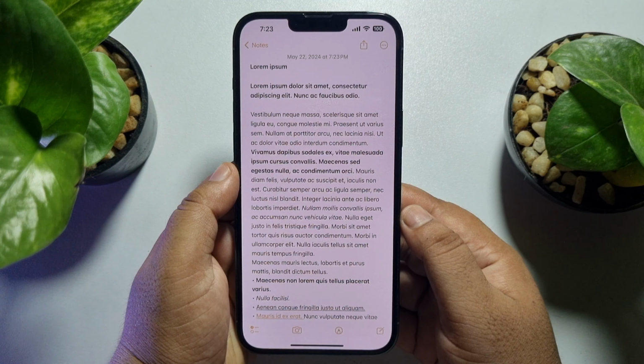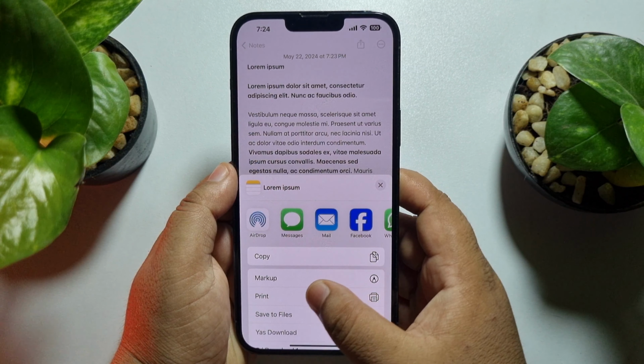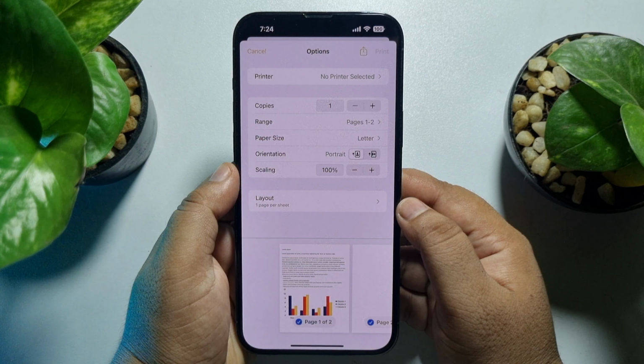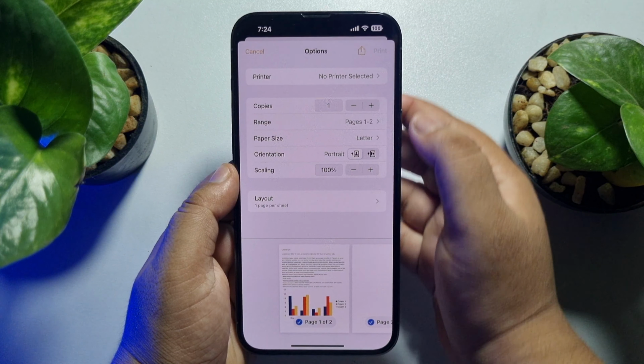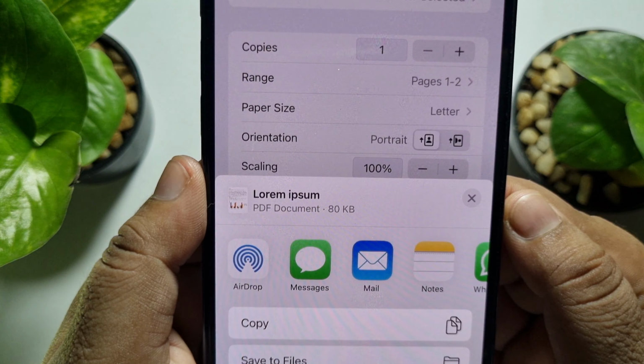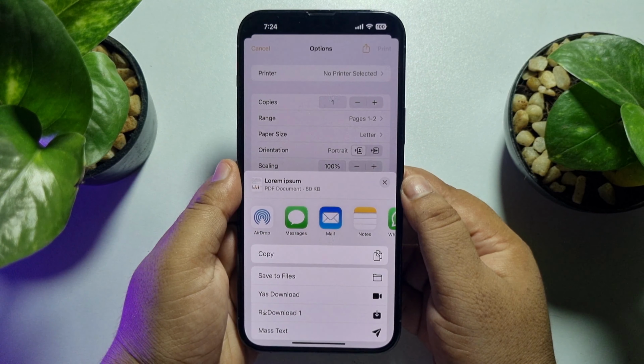Now just tap on the share icon at the top right corner and here tap on print. And now tap on share at the top right, and as you can see the note has been converted to a PDF document. Now just tap on save to files